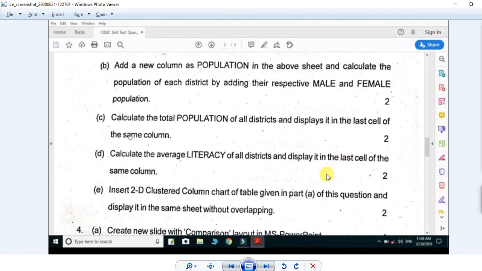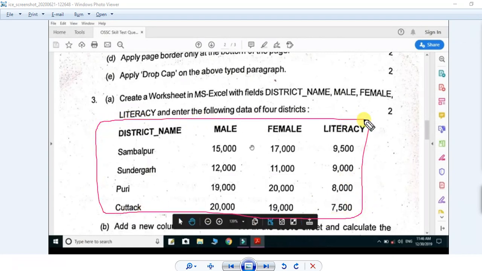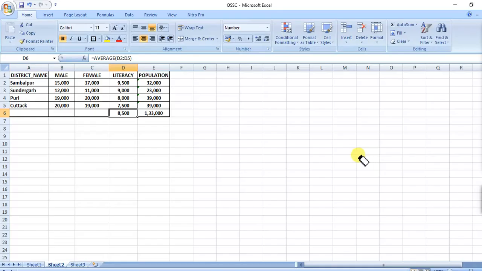We have to take the part A things. What is part A? This data only. Okay, from this data, not more than that. Fine. This data will be taken.